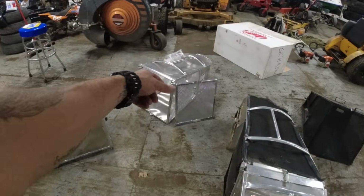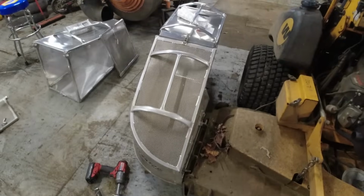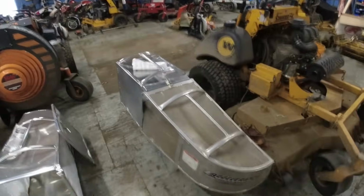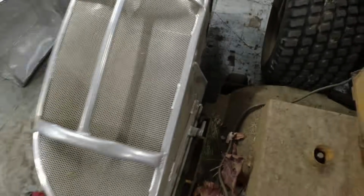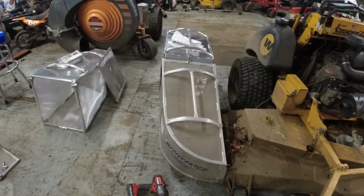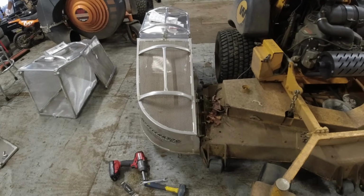I'll just pull this extension up. Either way, it doesn't matter. See, that's what I meant. So that's the smaller accelerator with that new extension, and that piece goes right through that hole right there, and the other part sits down in there. That's exactly what they did. That's why they did that like that. So I don't know, to be honest with you,